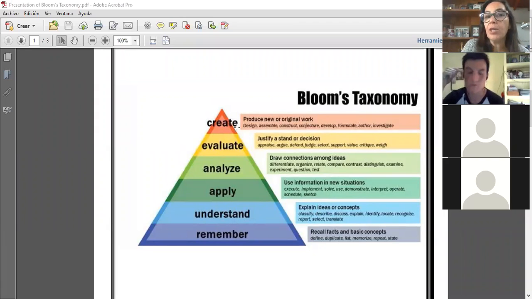But they have to reach a level where they evaluate. Now, the problem is that most of the educational system has been organized into, let's say, remember, understand, apply, and then jumping on to create. Analyzing and evaluating, both of them, were a bit